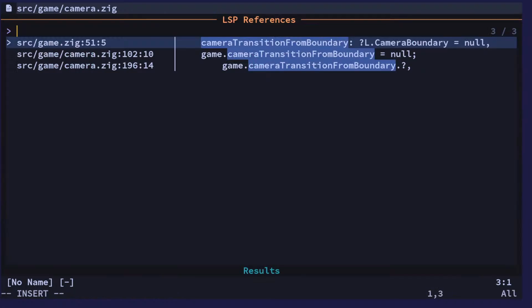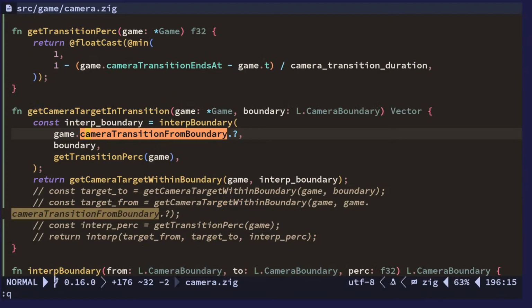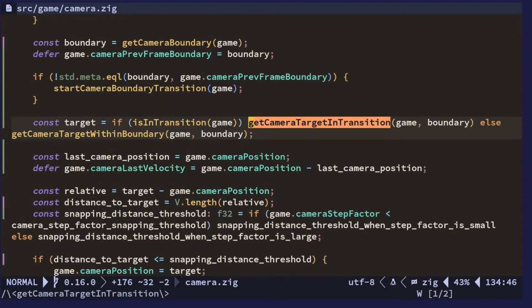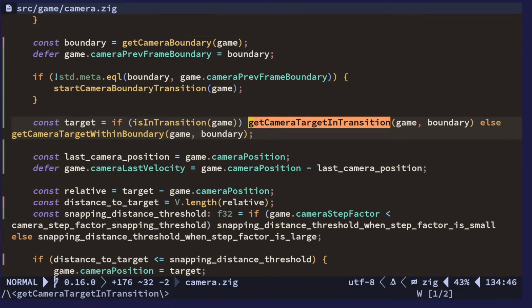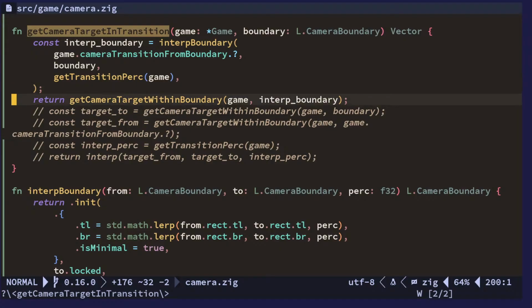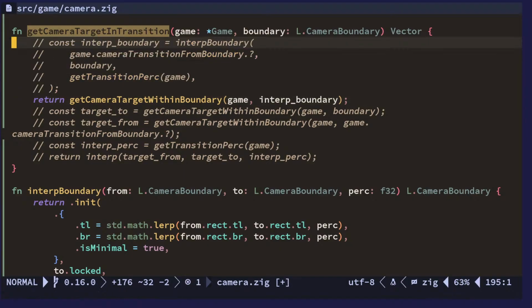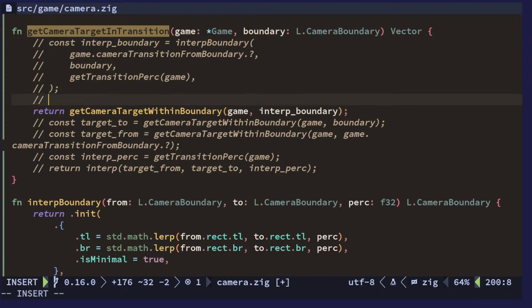And now here is calculating where the camera should focus on, which is going to be, so we don't do that. What we do is we say,